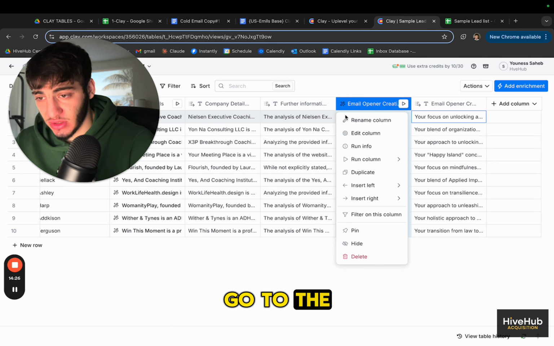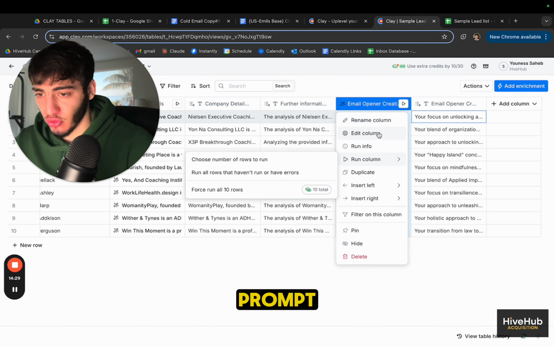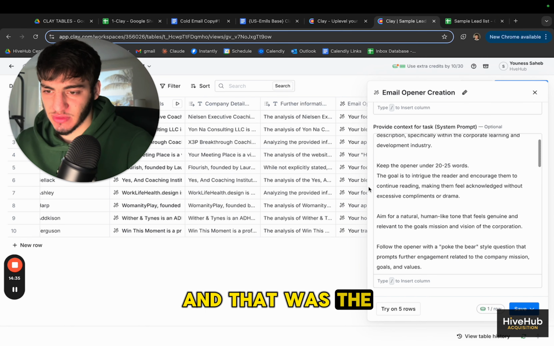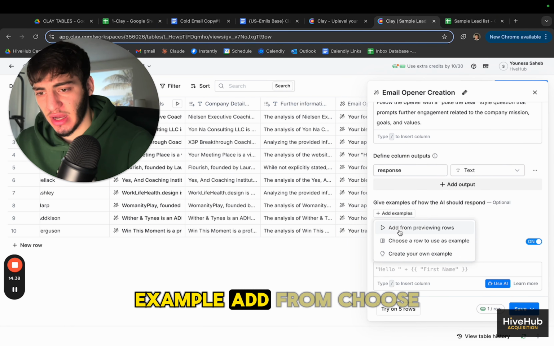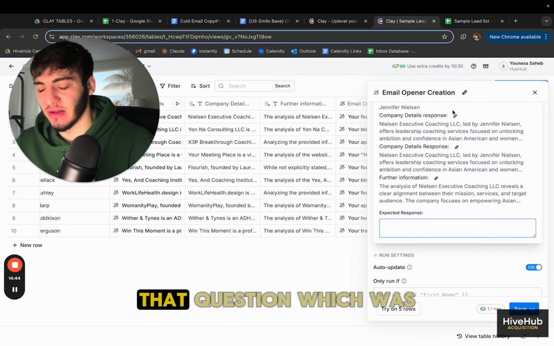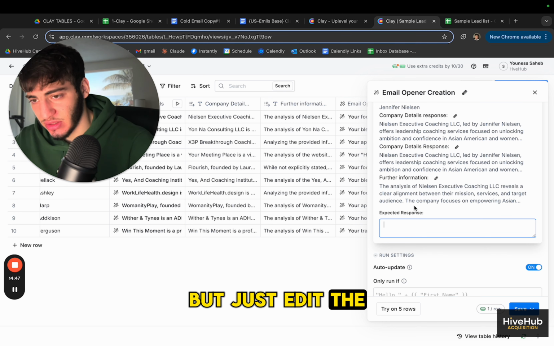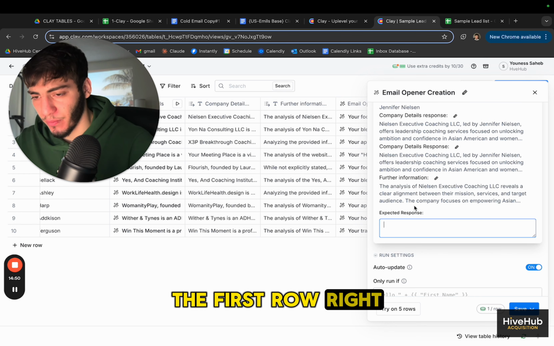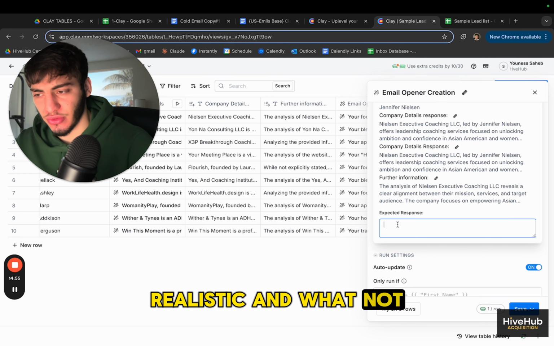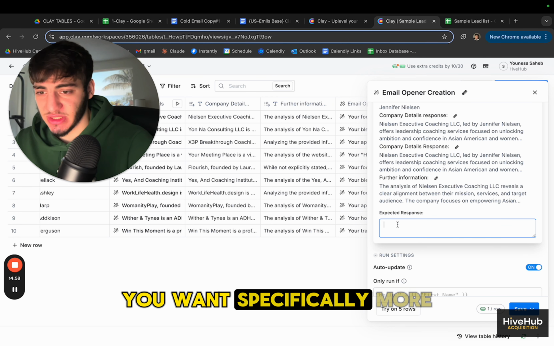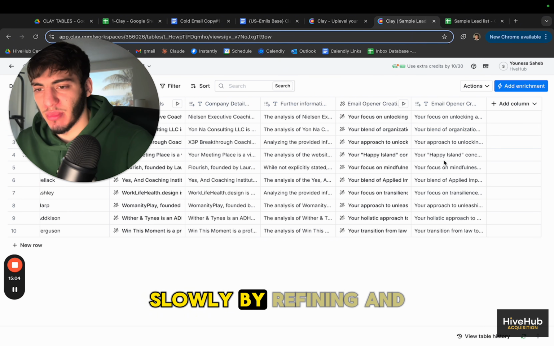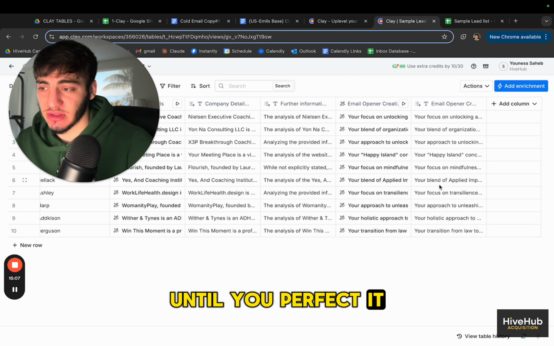What you do is you go to the column where you entered the prompt, the Claude prompt. Press edit column, and that was the first row, correct? So you press add example, choose a row to use as an example, row 1, right? And then you copy paste that question, which was good, but just edit the style of the first row, right? That first opener, and you make it seem a bit more realistic, nicer, more human. Like I just said, you press save, and then slowly by refining and rerunning the rows until you perfect it, you'll finally have